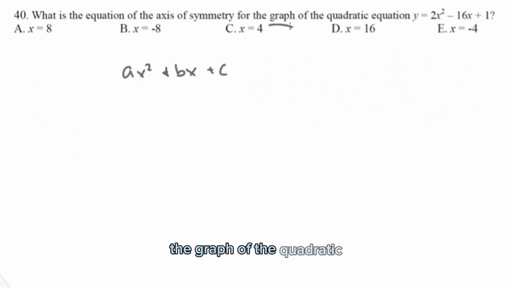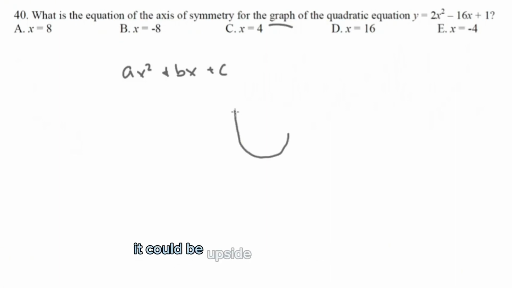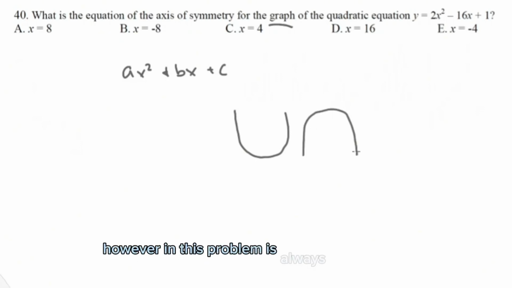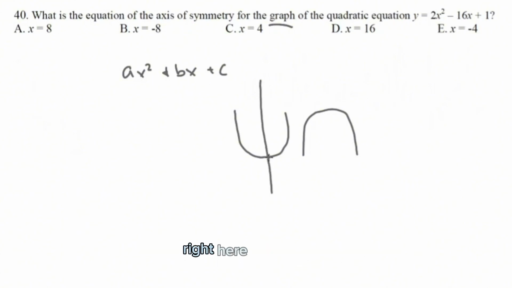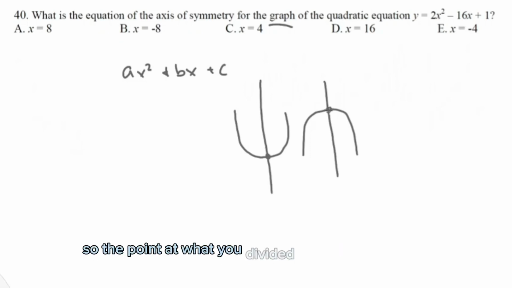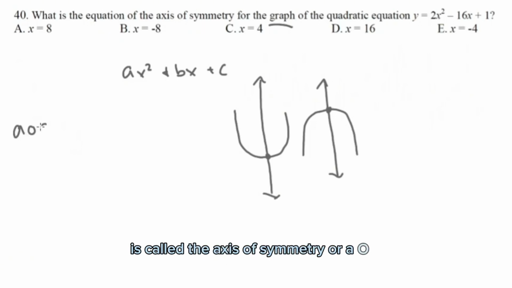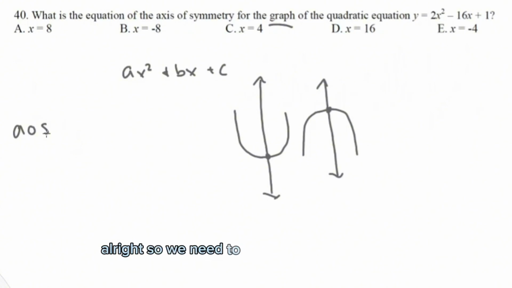The graph of a quadratic equation is called a parabola. A parabola is kind of like a U. It could be upside up or upside down. However, in this parabola, it's always symmetrical, meaning you can divide it by the middle right here at this point, or in this case, at this point. So the point at which you divide it by, or this entire line, is called the axis of symmetry, or AOS. Alright, so we need to find the axis of symmetry for the graph of this quadratic equation, 2x squared